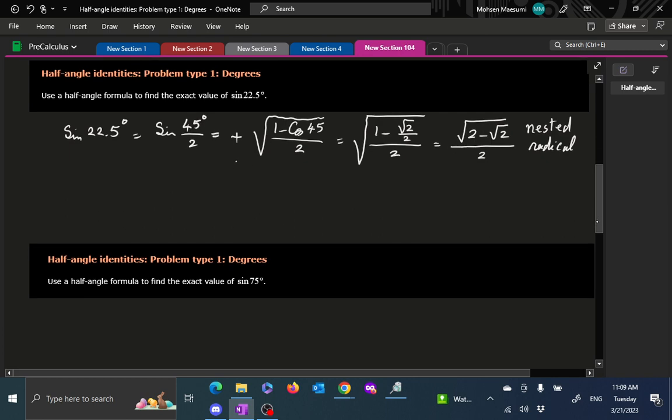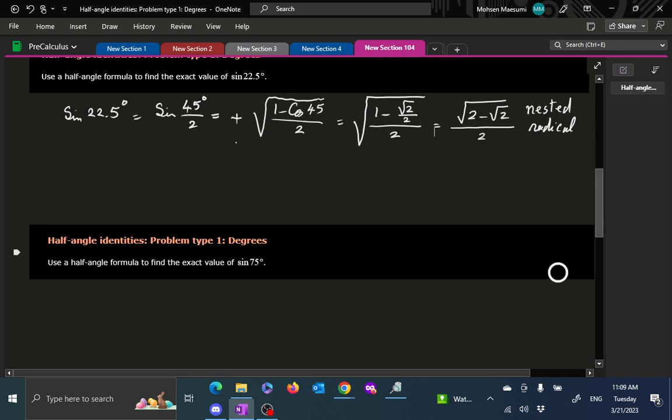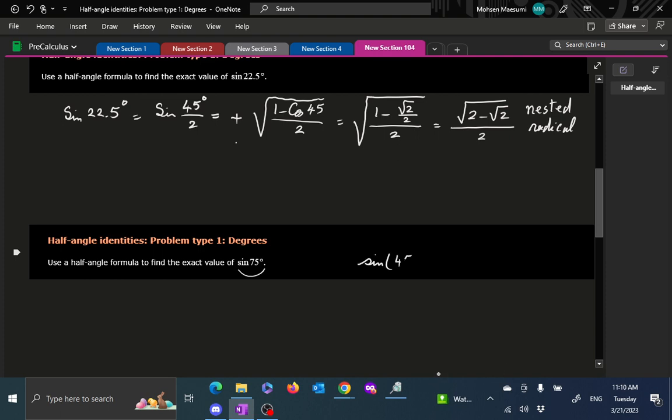That's the answer. How about next problem? Sine of 75. What do we say about that? Well, you might say, I've seen sine of 75 before. We did this problem in the addition case. 75 was like 45 plus 30. Yes, you can do it like that. So if you said that, you are very alert and you say, okay, I did this problem once before, so I could use the addition formula. Yes, you can do that. Here we are practicing this version, which is,